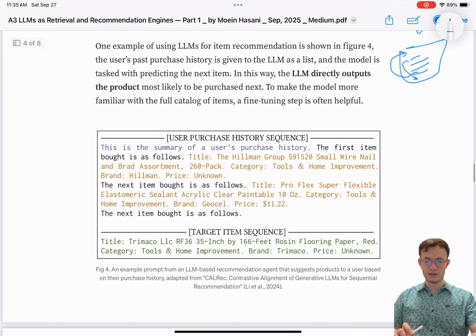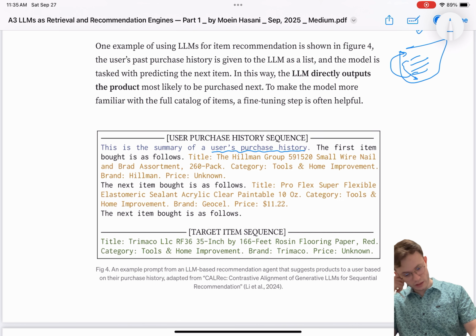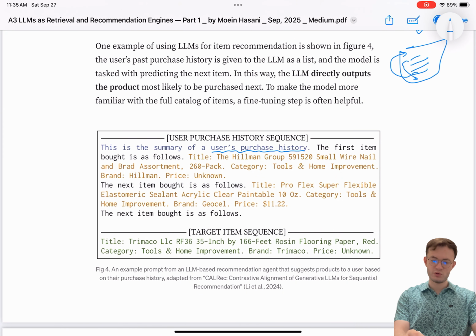One example we can see here is from an interesting paper, CalRec. I suggest reading it. If you look at it, there is the user purchase history, and each one of these is an item the user has interacted with. I don't remember exactly what the paper was saying, but it was whether the user purchased it. Oh yeah, sorry, it says purchase history. So yes, the user has purchased these items, and there's a title, a category, all this information we pass to the LLM. And basically we ask the LLM to tell us what would be the most likely next item.